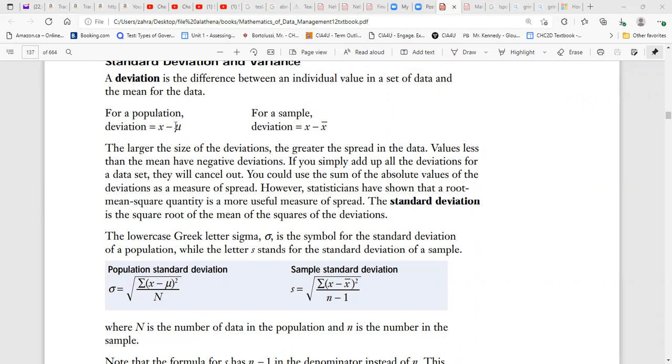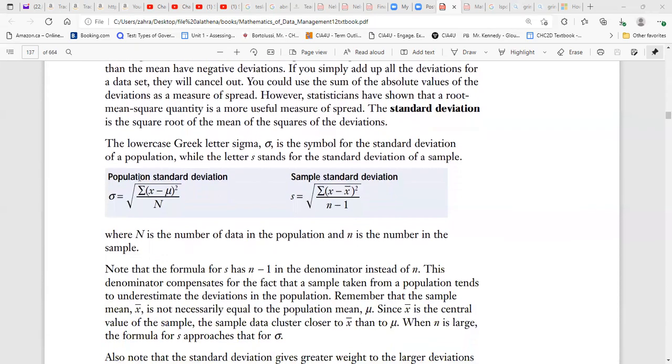The mean value for a population is mu, and the mean value for a sample is x bar. So deviation means how far your data is from the central value, the mean. When we talk about standard deviation, this is the formula: the standard deviation sigma is equal to the square root of the summation of x minus mu to the power 2,